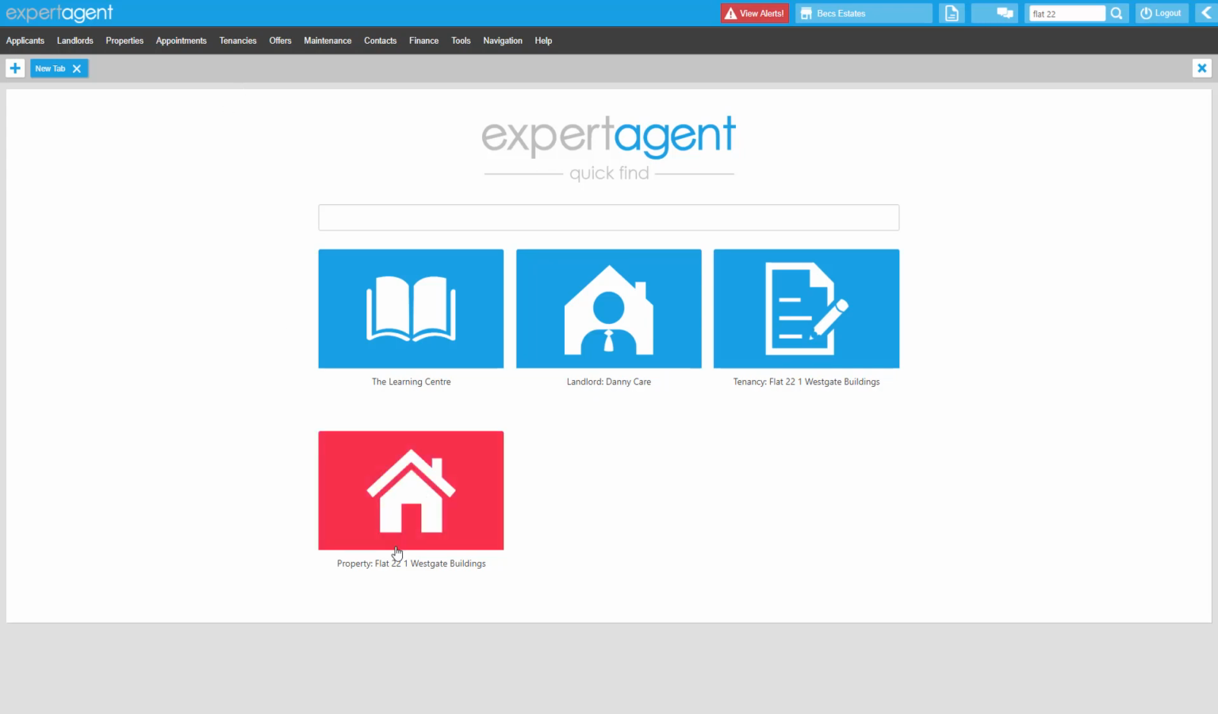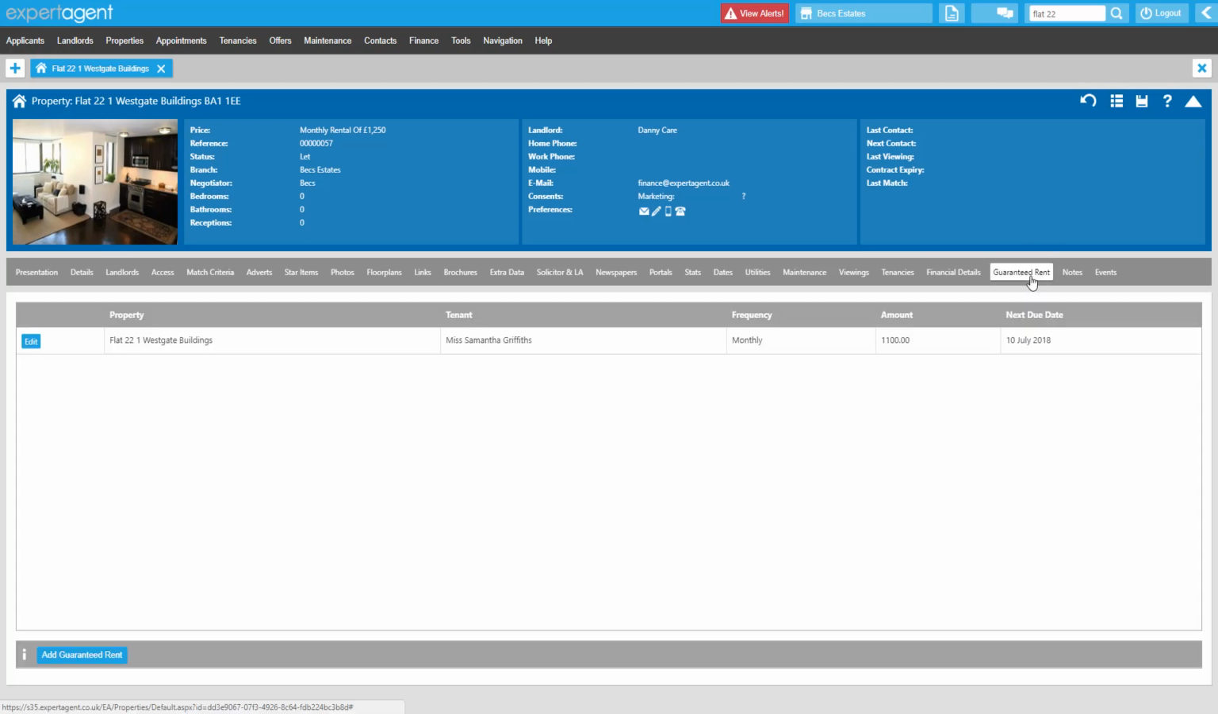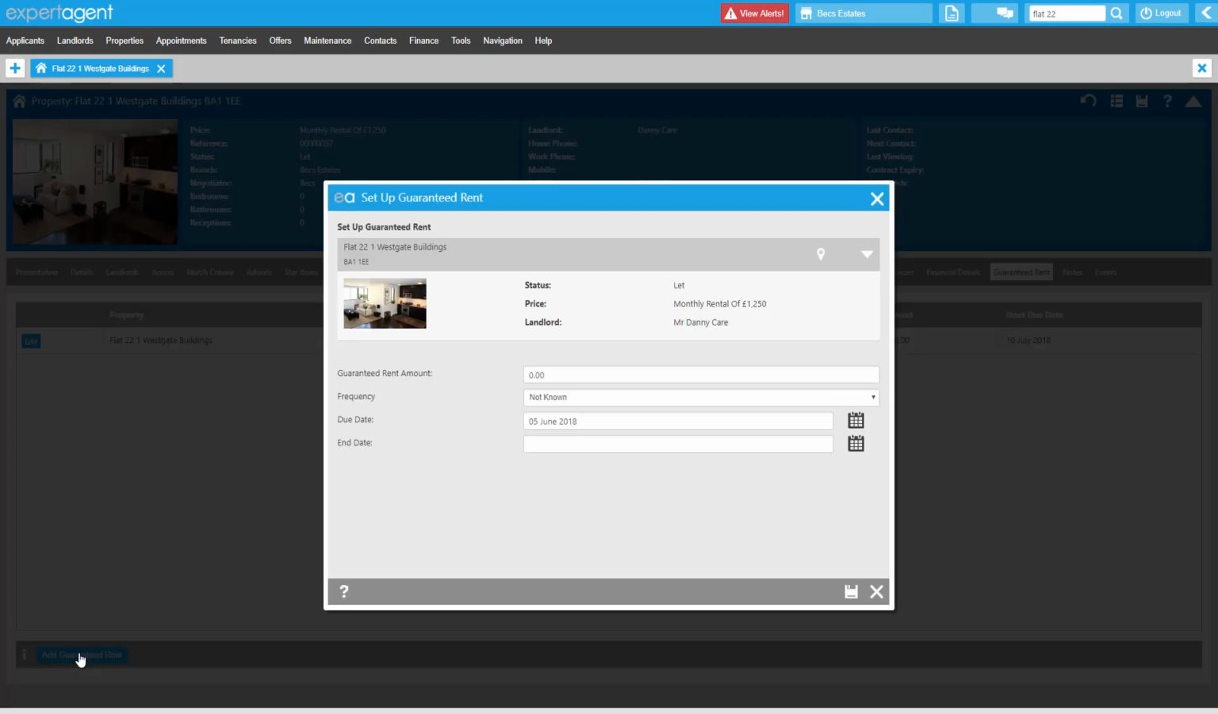We'll have a look at doing that now. So we're going to go from the property, and each property will have a guaranteed rent tab. And what we can do is click Add Guaranteed Rent in the bottom left-hand corner. We can confirm the guaranteed rent amount, so the amount that we're going to be paying to our landlord, the frequency at which we're wanting to pay that,